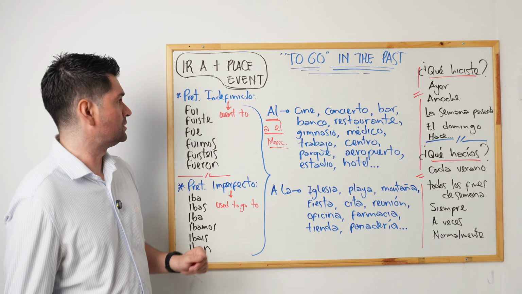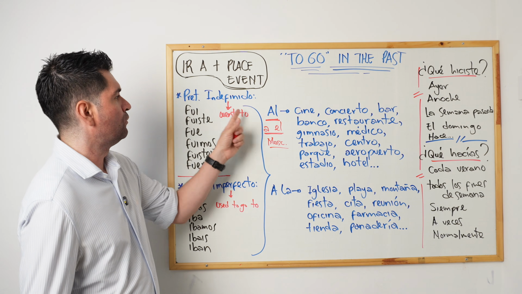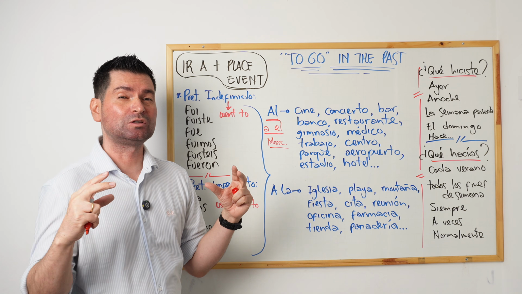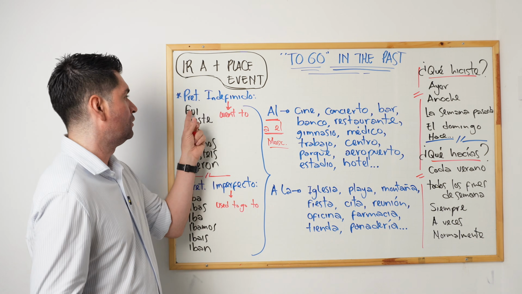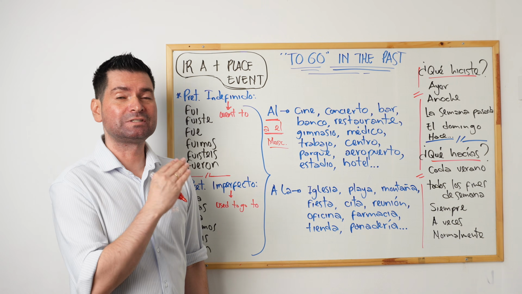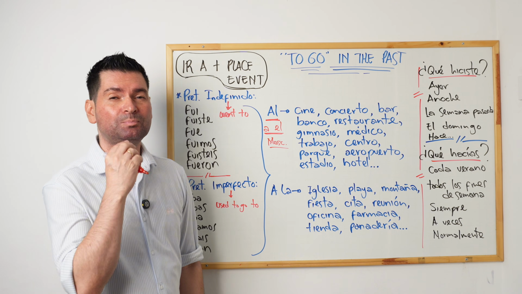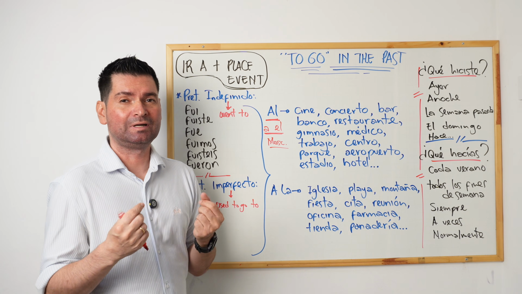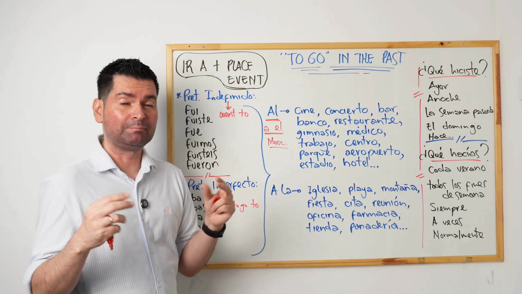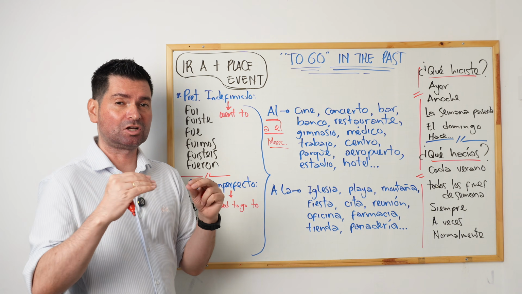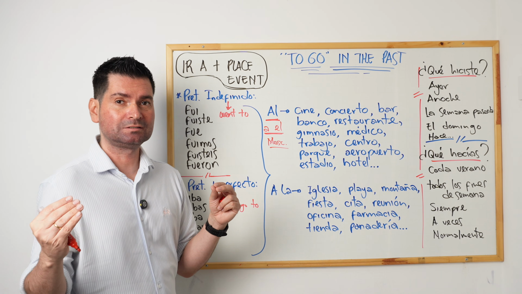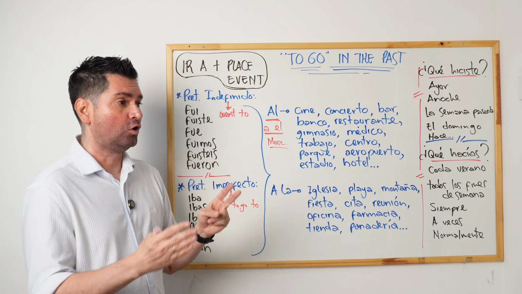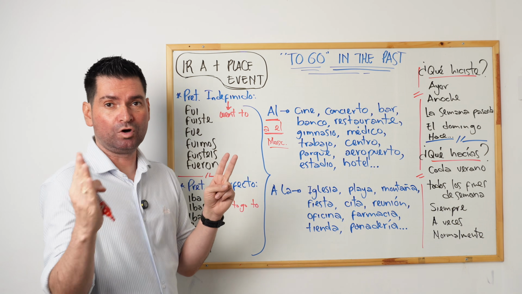So let's practice some words. So, for example, you can say, fui al cine. It's very important to connect these words, to try to pronounce them together. Fui al cine. This is not about speed. This is about pronouncing correctly and connecting little by little. Remember, it's better to speak slowly but clearly and little by little start connecting sounds, words, and letters than to try to speak very fast or to separate word by word.